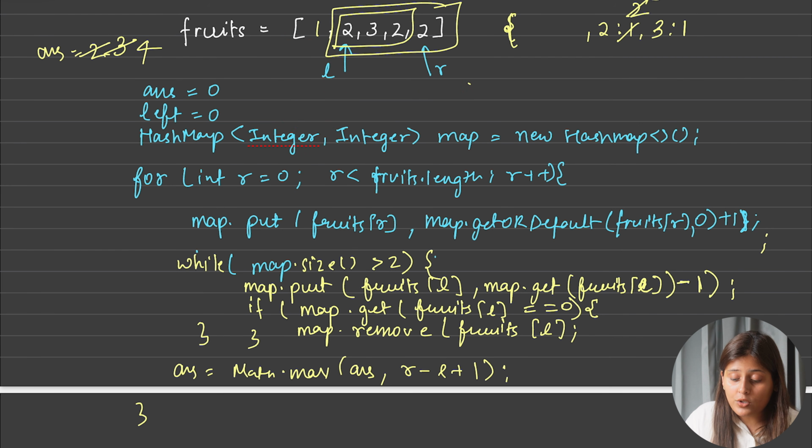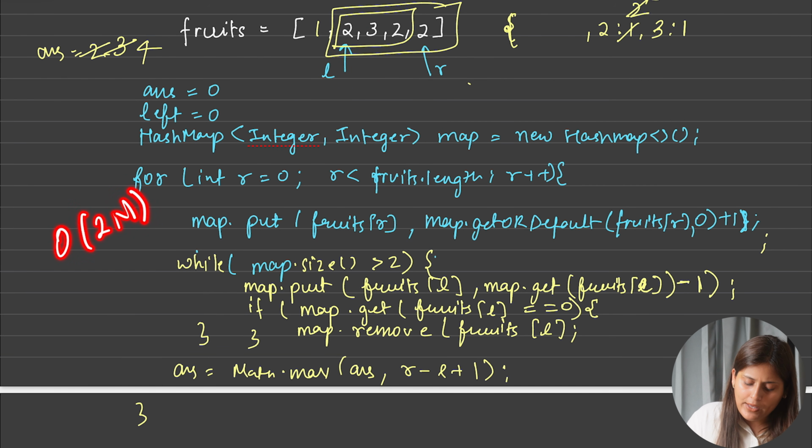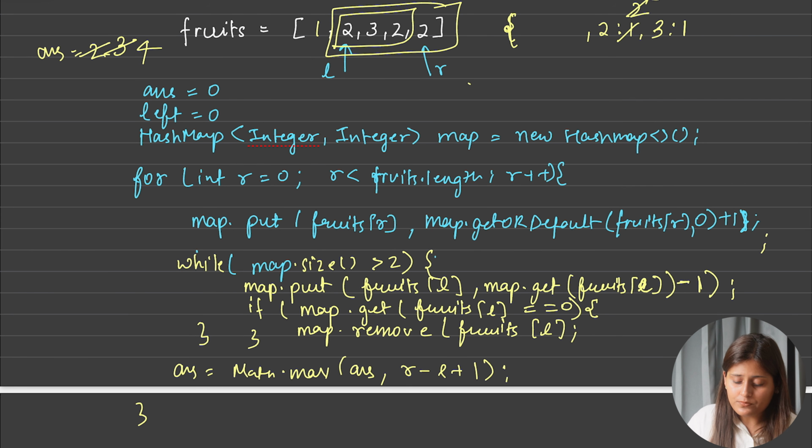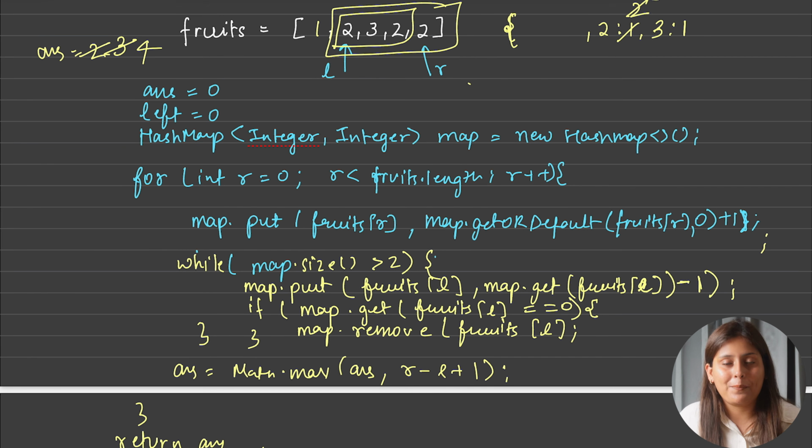Okay, so in total the time complexity will be O of n for the right pointer and, in the worst case, O of n for the left pointer, because the left pointer is also touching every point only one time and the right pointer is also touching every point only one time. So total O of 2n, and that is nothing but O of n only, that is a linear approach, and hence this will be the fastest approach. After coming out of this for loop, we can simply return our answer here. So that was our optimized approach.